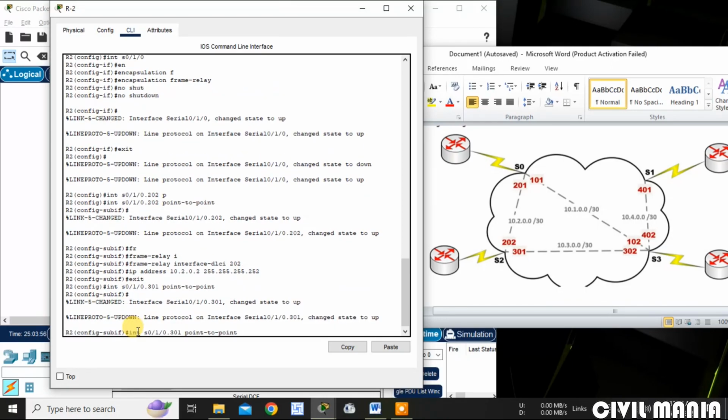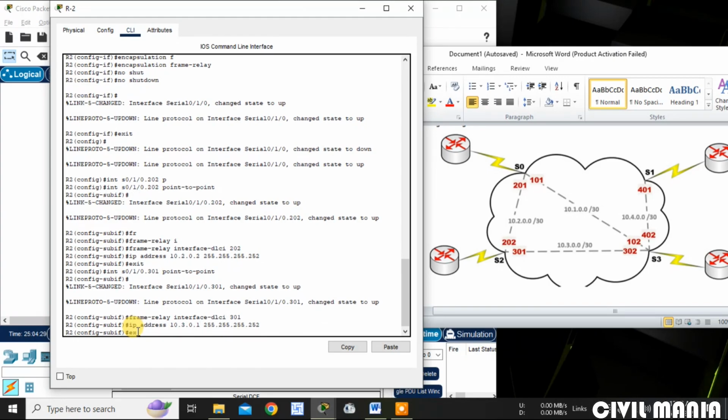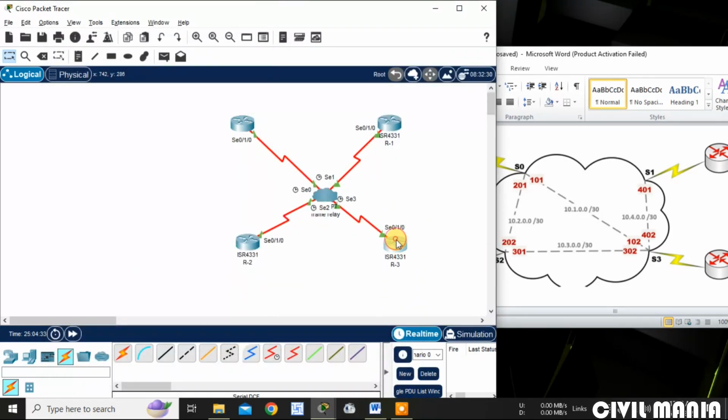After that frame relay interface DLCI 301, then the IP address is 10.3.0.1, then exit. Done for router 2. Now let me move to router 3.